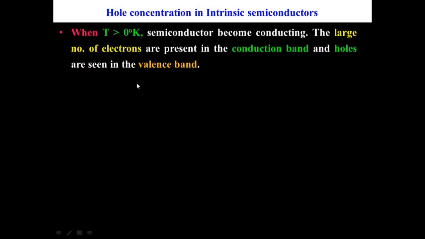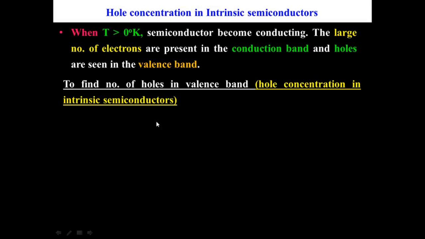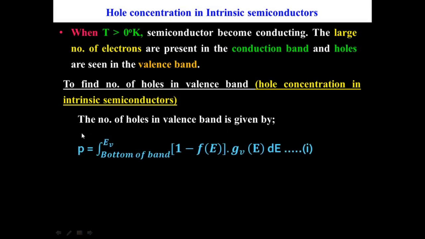So as we discussed, when temperature is greater than 0 degree Kelvin, semiconductor becomes conducting and a large number of electrons are present in the conduction band by leaving holes in the valence band. To find the number of holes, that is hole concentration in intrinsic semiconductors, we should know the formula. A formula for hole concentration, that is number of holes in the valence band, is given by P. P stands for the number of holes in the valence band, equal to integral from bottom of the valence band to the top of the energy level of valence band, 1 minus Fe into GVE,